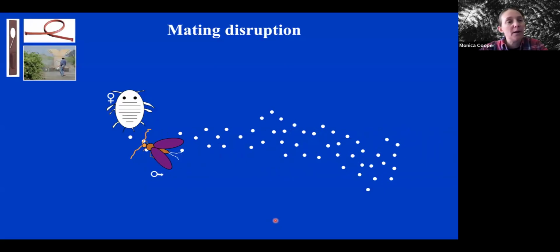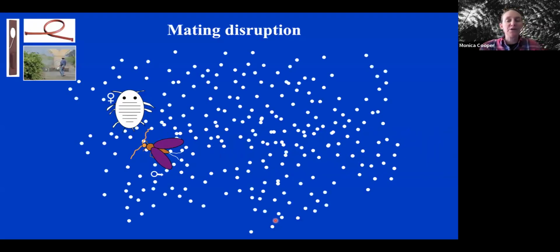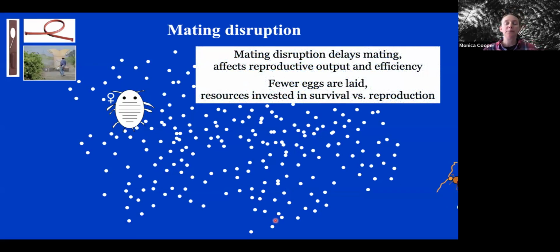In the case of when we put dispensers or we use some flowable or other type of product for mating disruption, we get clouds of pheromone within the vineyard. And that makes it very difficult for the male to orient to the female. And when the male can't orient to the female, that will either delay mating or it will mean that mating will not happen altogether. And that affects the reproductive output and efficiency of the mealybugs, meaning that fewer eggs are